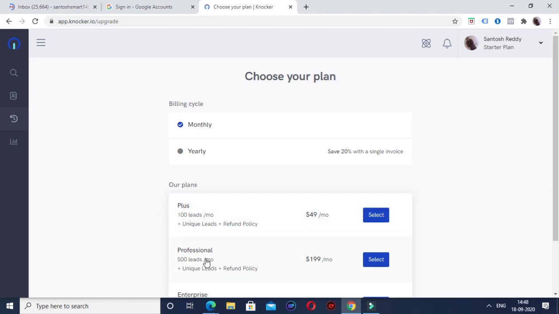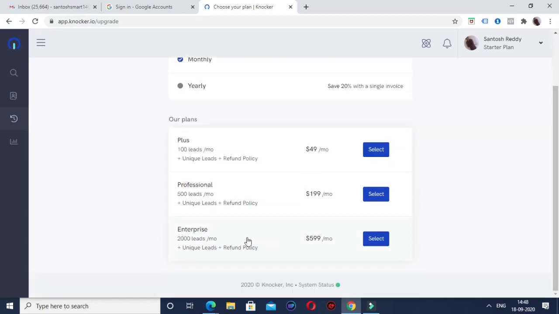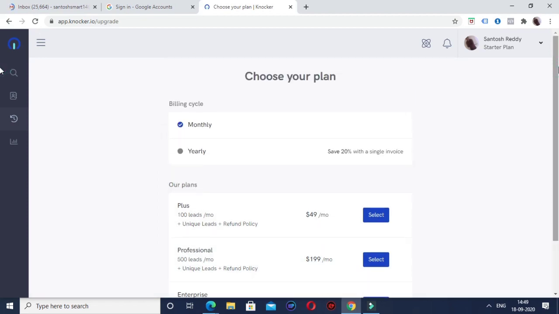If you're looking for at least 500 leads per month, you need to pay $199 per month. And if you want 2000 leads per month, they charge almost $599 per month. As a freelancer or a startup, we are okay with the starter plan.